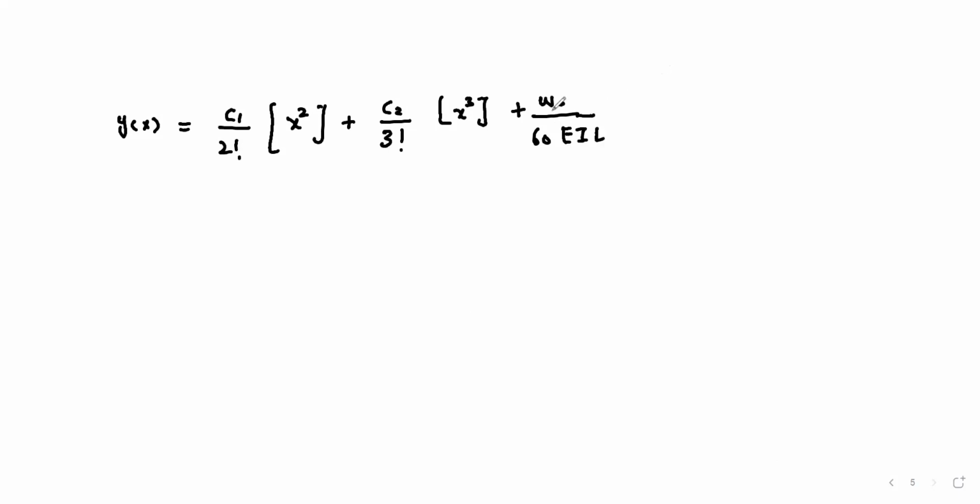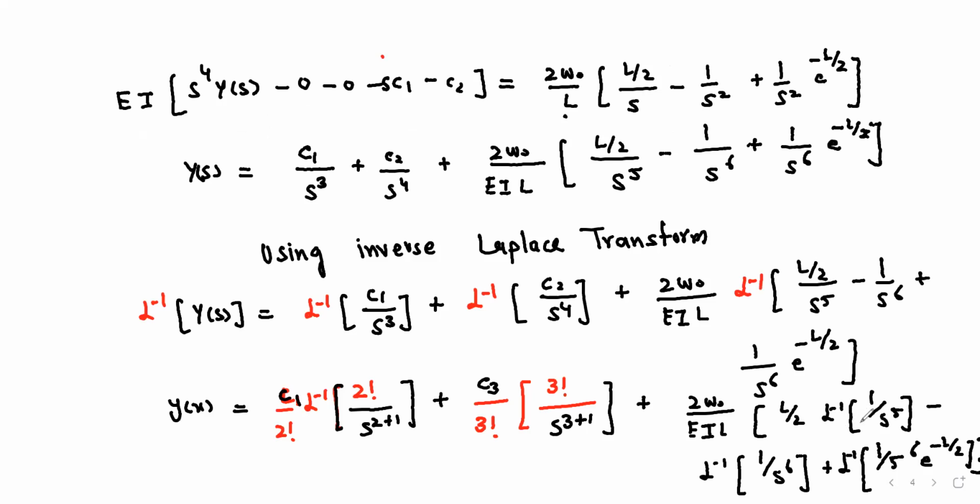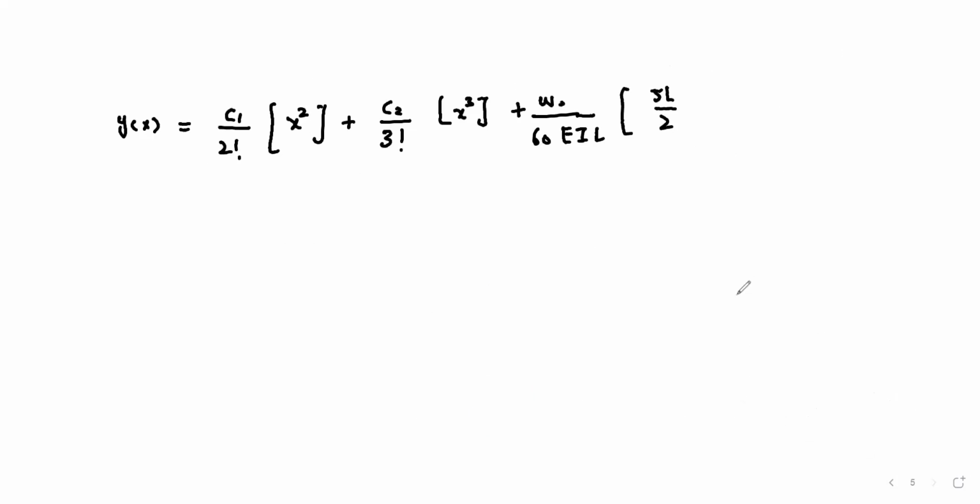We take something common, and this will make 60 over 5 L by 2, and here we make 4 plus 1. So we will multiply this 1 by 4 factorial, and here we put 4 factorial. So we get this. So this will be equal to x raised to power 4 minus x raised to power 5